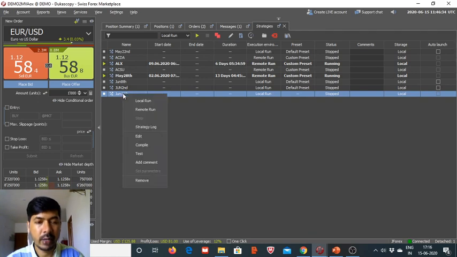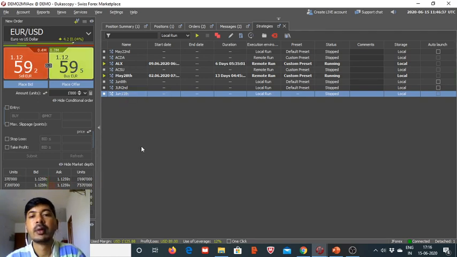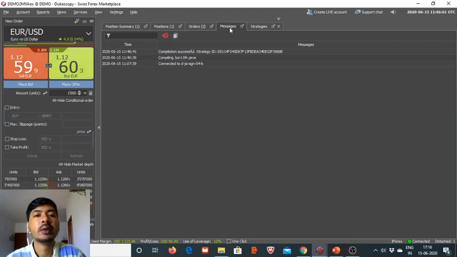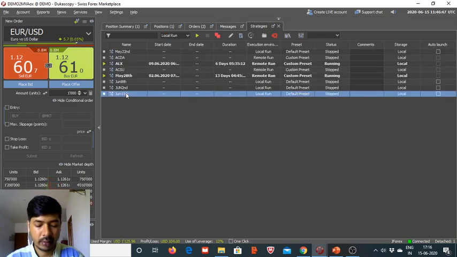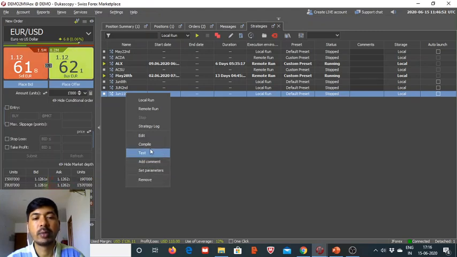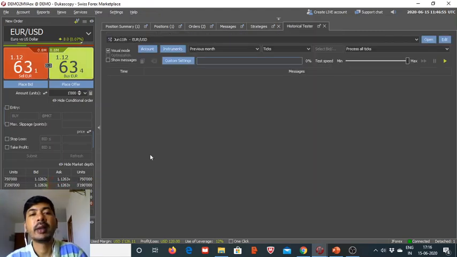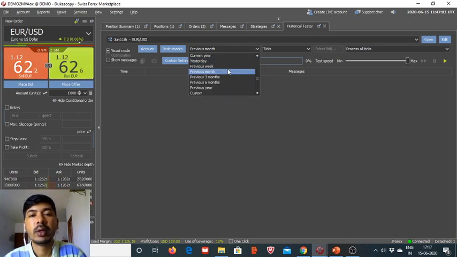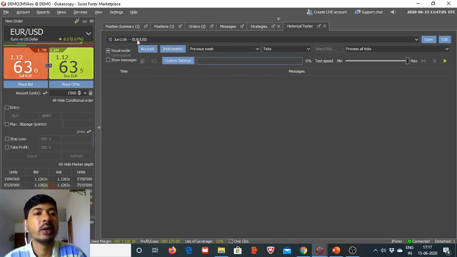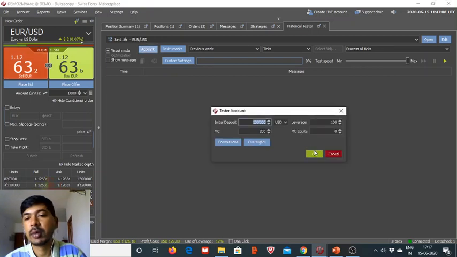First we will compile it. Okay, compilation successful. And then we test it. We will test it for the last 1 week, as we don't really have much time. And I think if you have, you should better test it for many months. What we do is we simply use previous week. Instrument remains the same. Account is with 0.1 million equity,